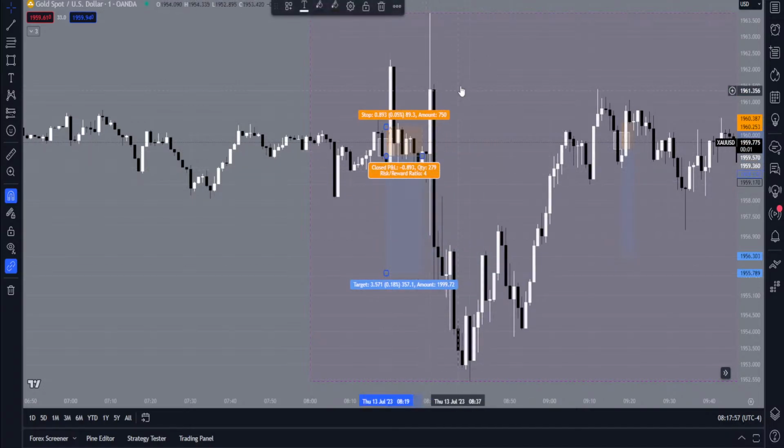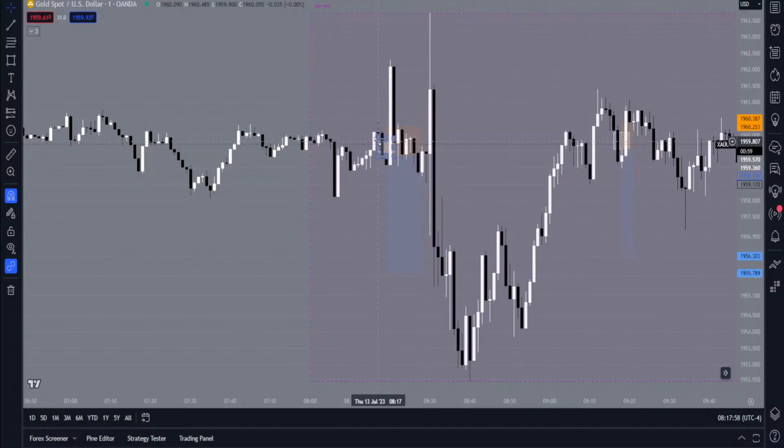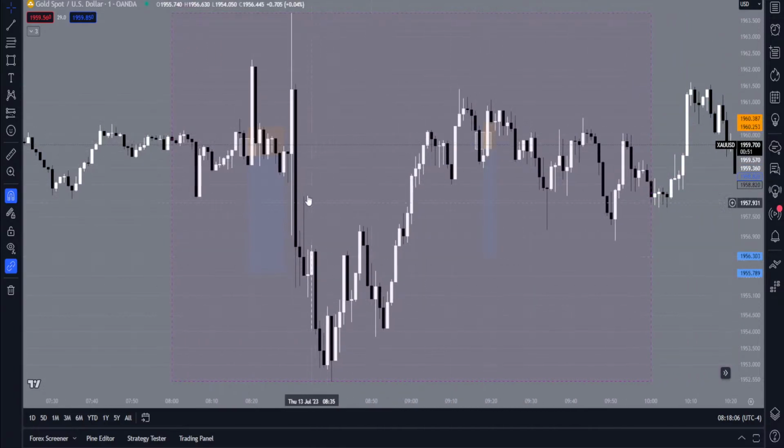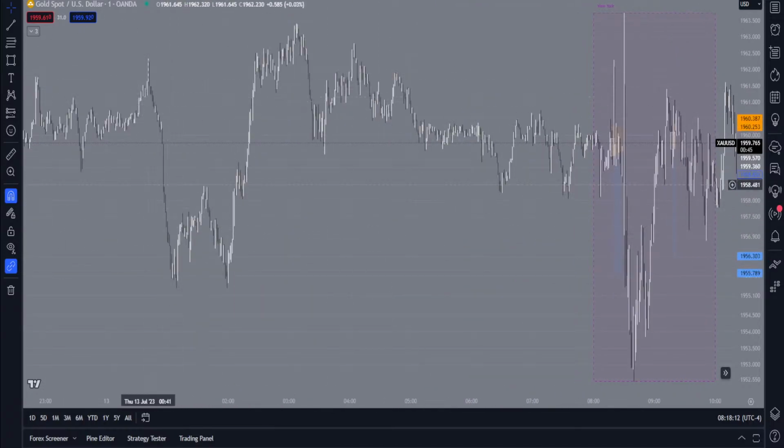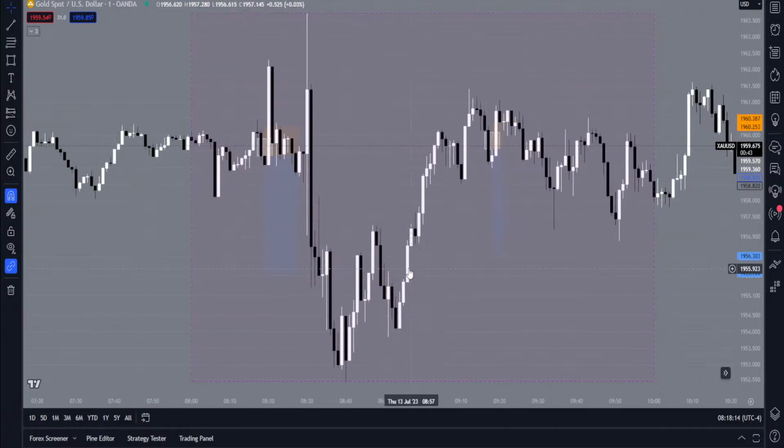So let's say you're down because you were greedy, you took this one, but because you lost this, you got impulsive, right? And then you took this trade right here because there is no other. You could say this is an imbalance fair value gap, but this is below the 50% of the whole daily range, right? So you're not taking this one for sure. You got impulsive, took this one, you lost it.